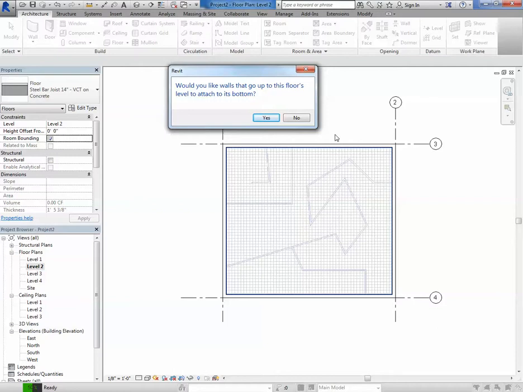Once you say okay, it's going to tell you, hey, would you like walls to go up to this floor's level to attach to its bottom? That means that when you create a wall, all these walls are going from level to level. And when you create a floor, it's created from the level downwards, meaning they're going to be overlapping, floor and wall. And oftentimes you're going to say yes here. I always like to say no. But I'm going to do it two times so we see the difference. If I say yes,